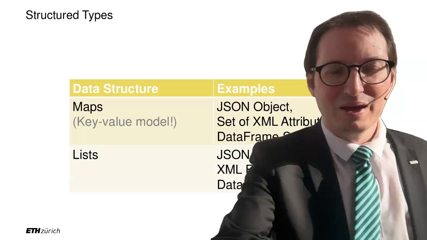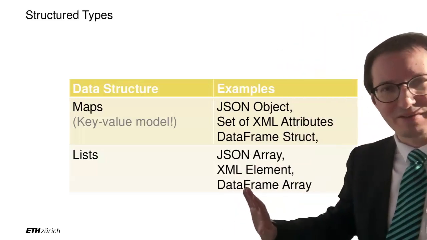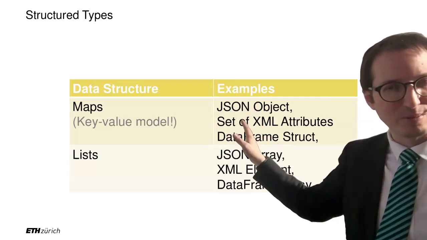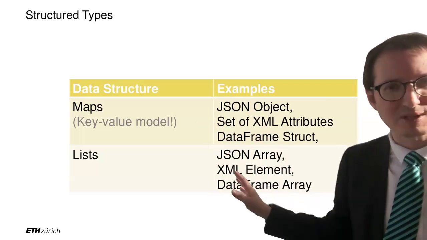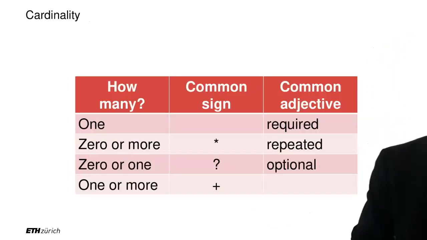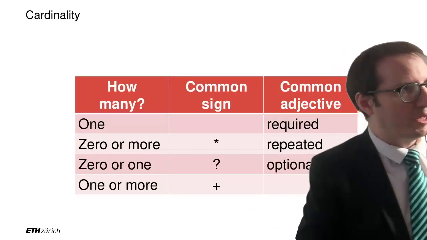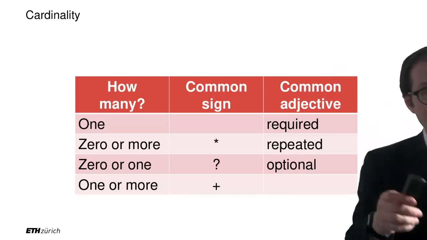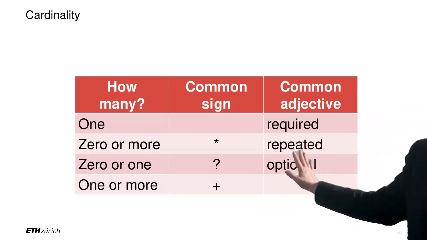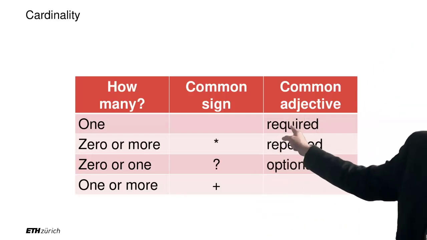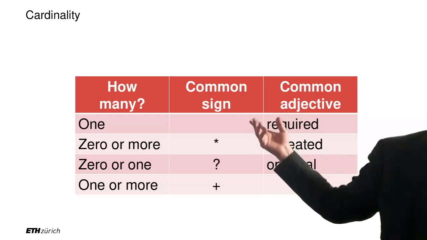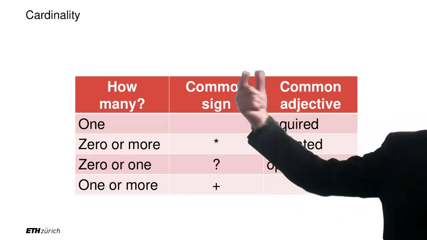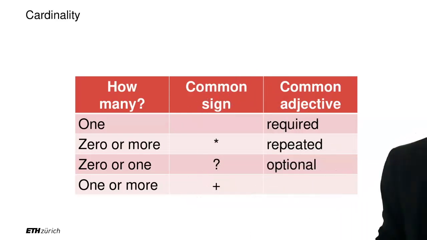Okay. All right, so what I'm saying is that no matter what technology you use, there will be some concept of JSON object and some concept of JSON array, or something that looks pretty much like it, right? In many of the systems, we also have the concept of cardinality in one way or the other. For example, this is from Google's protocol buffers. Required means that it's one value and it has to be there. Optional means that it can be there or not there. Repeated means you can have many repetitions of that kind of value.